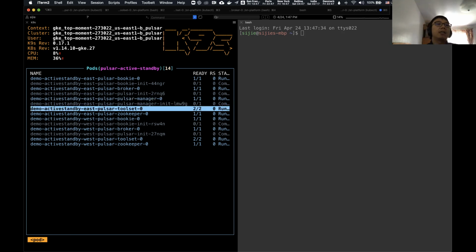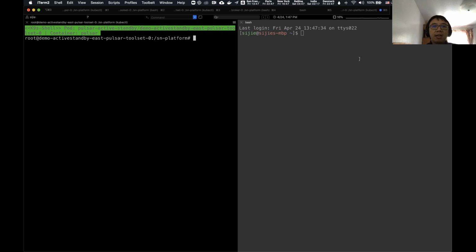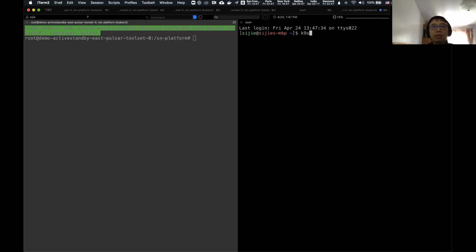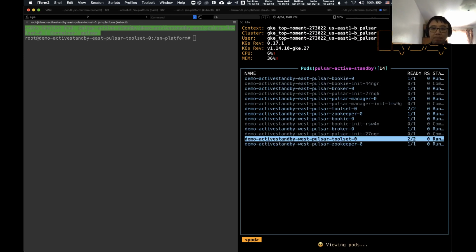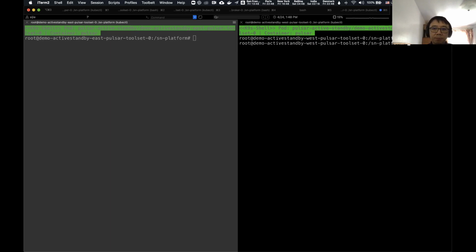Let's choose East as active, and we want to choose the West as standby. The first thing you want to make sure is that you're able to replicate the messages from east to west. Basically, you need to know how the east cluster can connect to the west cluster. So the first thing you need to do here is let's take a look at the clusters list,